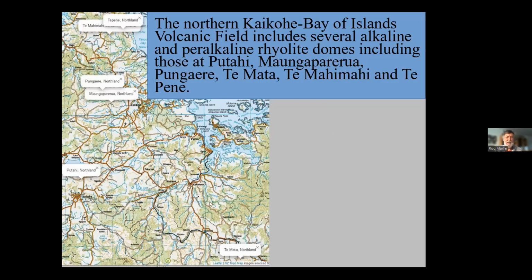As an aside to that, we also have a number of other alkaline and peralkaline rhyolite domes in Northland. This is the Bay of Islands here, and Kerikeri just up here. So all of these little flags here represent either alkaline or peralkaline rhyolite domes. The unfortunate thing is the age of them is such, and hydrothermal alteration has come through, and most of them